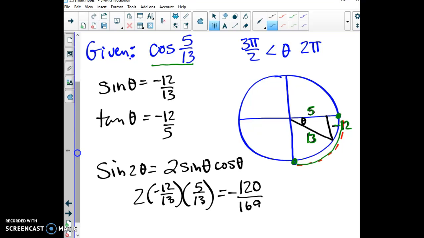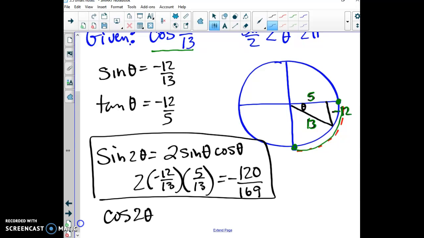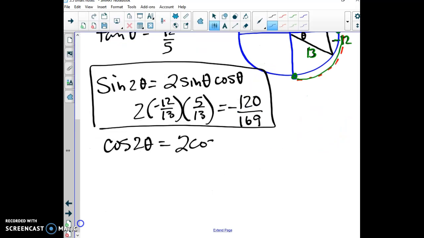-120 over 169. We're going to do the same thing for the other two. The cosine of 2 theta, that formula is a little different. It is 2 cosine squared theta minus 1. So we're going to take 2 times the value for cosine, which was 5/13, and we're going to square that, and we're going to subtract 1. So 2 times 25 over 169 gives 50 over 169, minus 1, we get